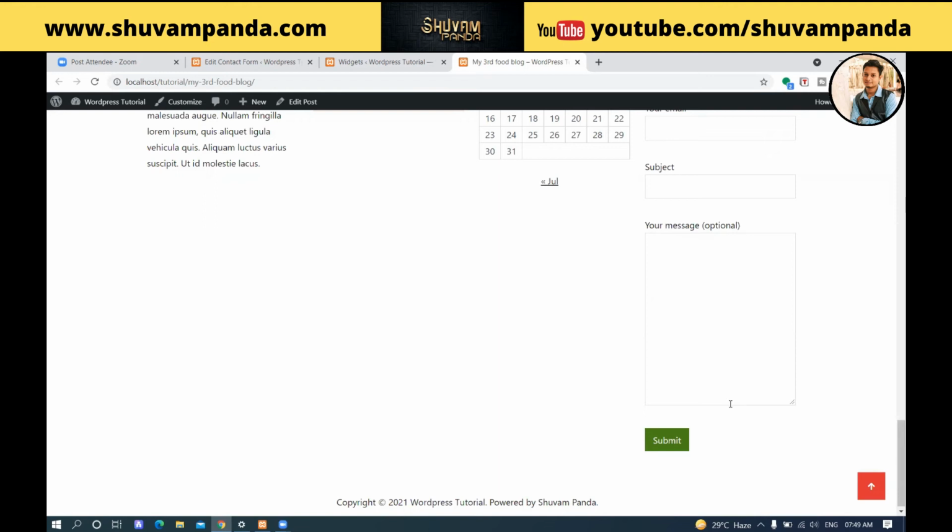But because this is made a dynamic thing, whatever changes we have done will be applicable to all the pages. Regarding the sidebar also, the sidebar is also dynamic. So whatever changes you do, that will be applicable, and the sidebar will be visible on all the pages.